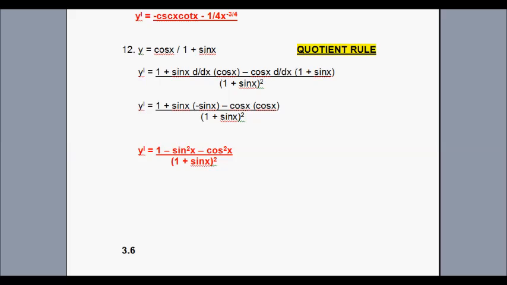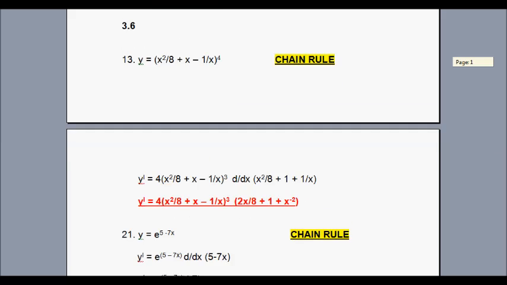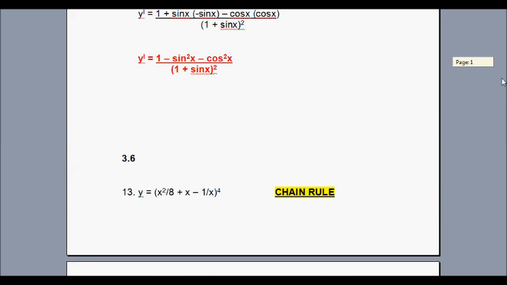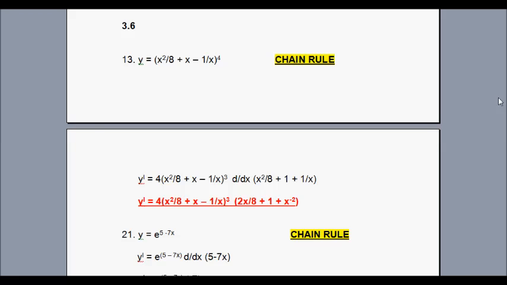Alright, so moving on to 3.6, this is a section of chain rules. And basically, if you have more than one x going on in a function on the same side, you're not multiplying it, that's where you're going to use the chain rule. So 13, it's y equals x to the second over 8 plus x minus 1 over x